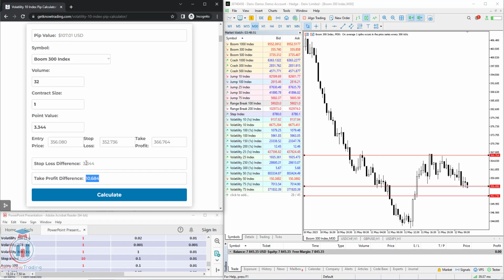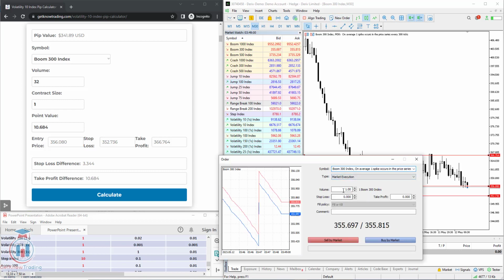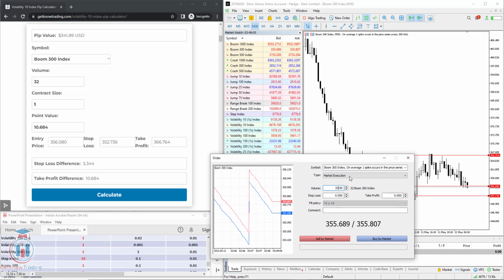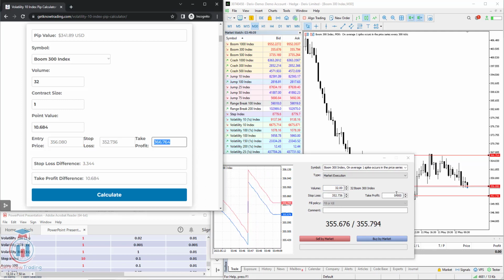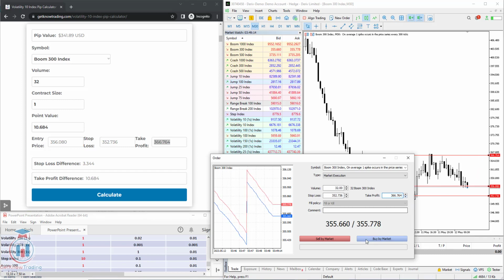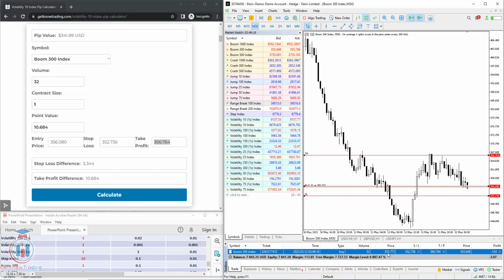We will see what will be take profit. Click calculate. 341. So if you are satisfied with this, you go here, open a new order, change the volume, set it to 32, and change the stop loss to this value and the take profit to this value. Now we are expecting that the price will go up. This means clicking buy the market. Okay, new order has been opened with the volume 32, and let's put this one a new entry price here,